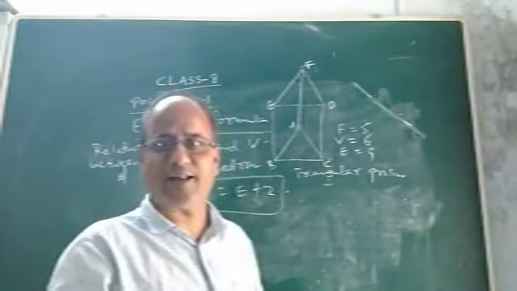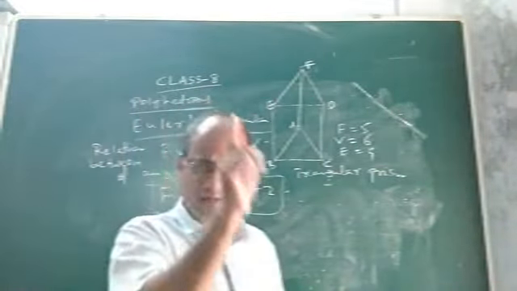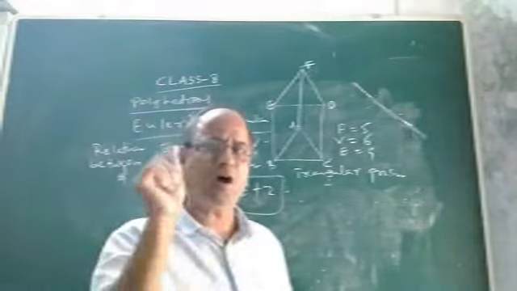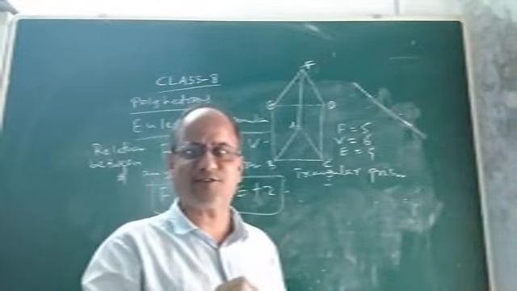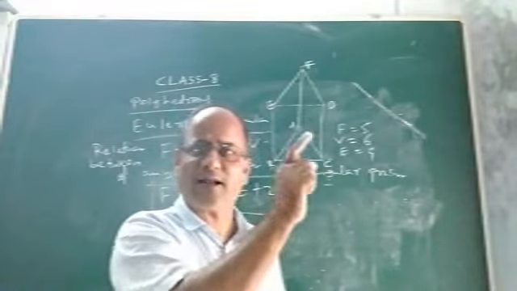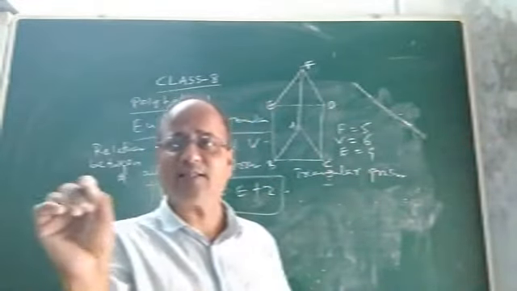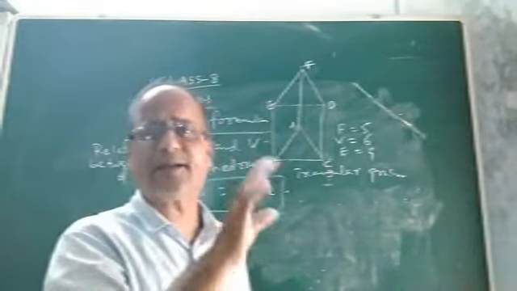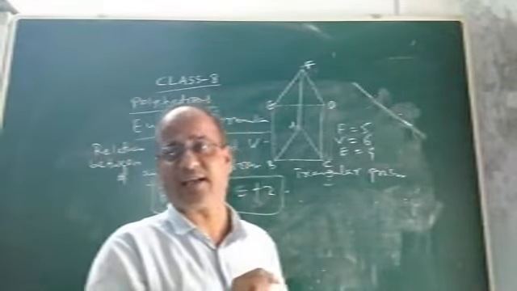Similarly, suppose you are given the lengths of 3 line segments, 3 sides AB, BC and AC. How will you know that the triangle construction is possible? It must satisfy the triangle inequality. What is the triangle inequality? If you add the lengths of any 2 sides, the sum must be greater than the third side. That is known as the triangle inequality.